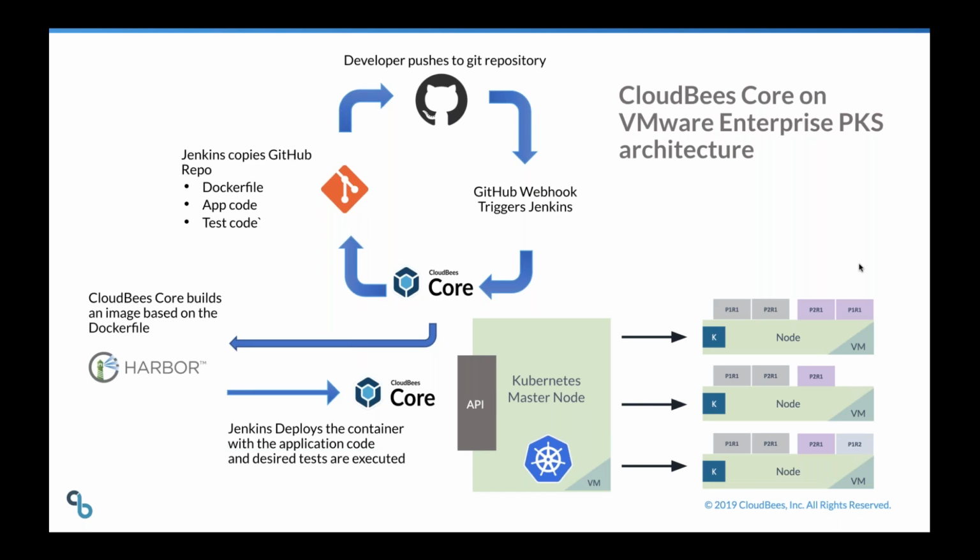So what CloudBees Core and VMware PKS bring together, like Brian mentioned, is simplicity in management, and it allows you to solve a lot of the scaling challenges that Brian mentioned earlier, right? The way we do that is basically elasticity in your CI/CD platform, and taking advantage of the elasticity of the underlying infrastructure to deliver whatever capacity you need and to help you manage both your CI/CD pipeline as well as the application. So with CloudBees Core, you can provide your development team a production-ready enterprise CI/CD platform within minutes, and then you can scale to meet the requirements of all your development teams without having to build this Jenkins team